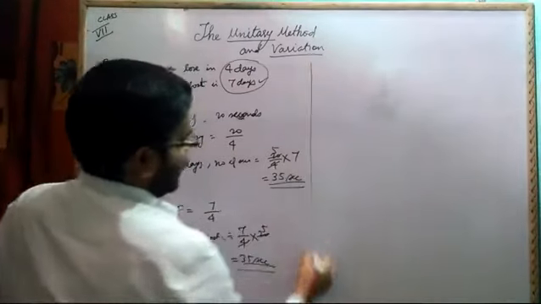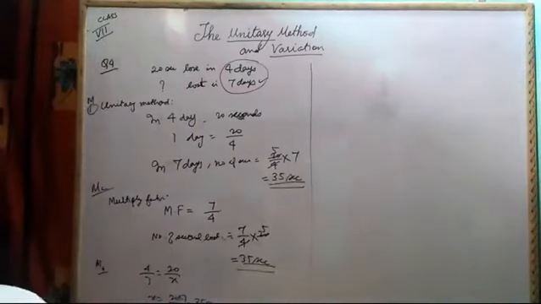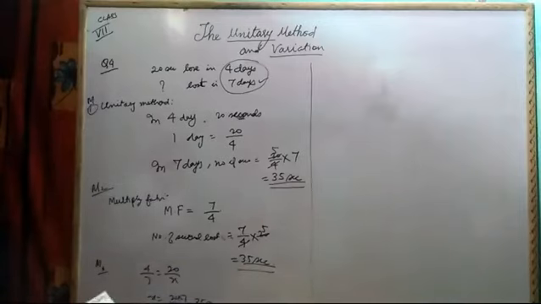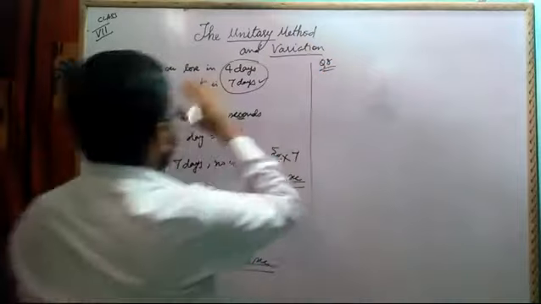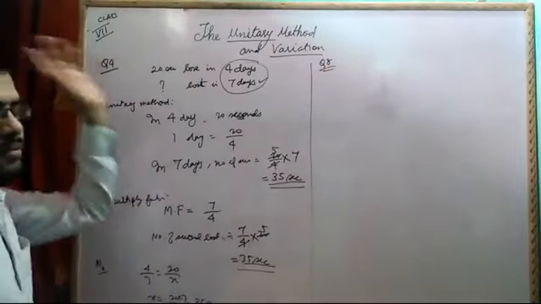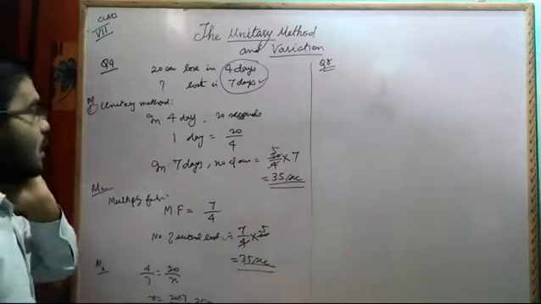Now the next question, question number 5. Sorry, not question number 5, we have to see question number 8: 8 people consume a stock in 30 days. These were the two questions I discussed for direct relation. One question I will now discuss for inverse relation, and the other I have already discussed.